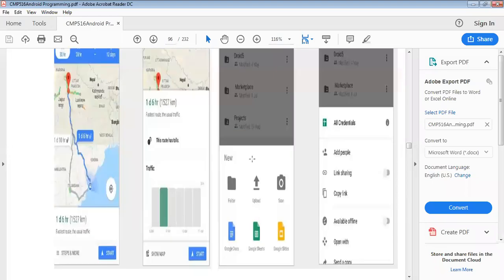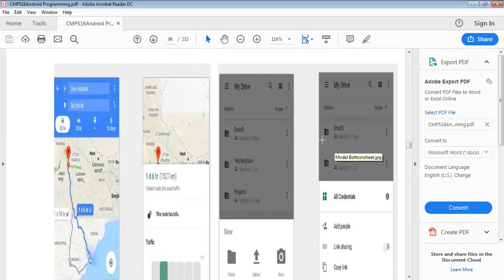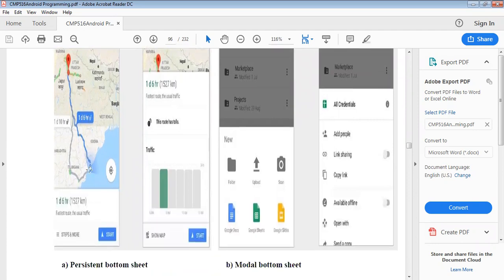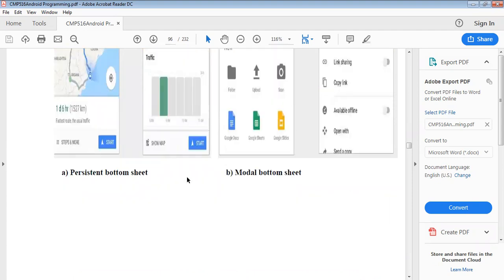This is an actual example. Bottom sheets are presented here, in our Google Maps. It is a persistent bottom sheet and it is a modal bottom sheet.